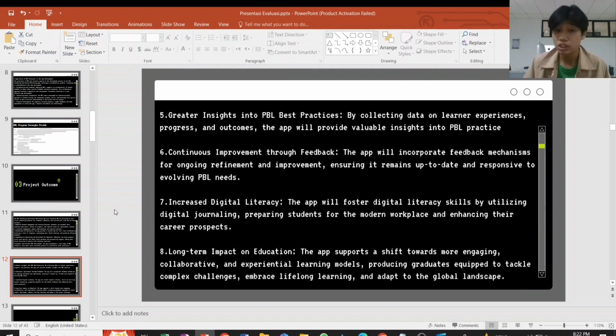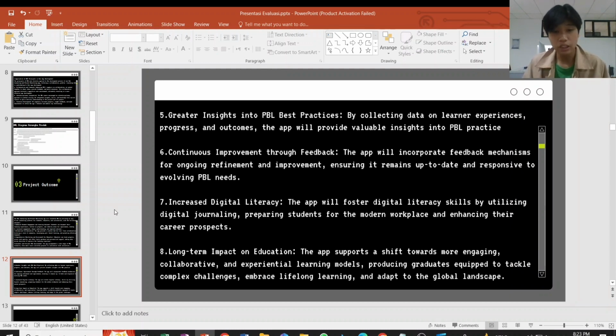Number 6, continuous improvement through feedback. The app will include feedback mechanisms for ongoing refinement and improvement, ensuring it remains up to date and responsive to evolving PBL needs.